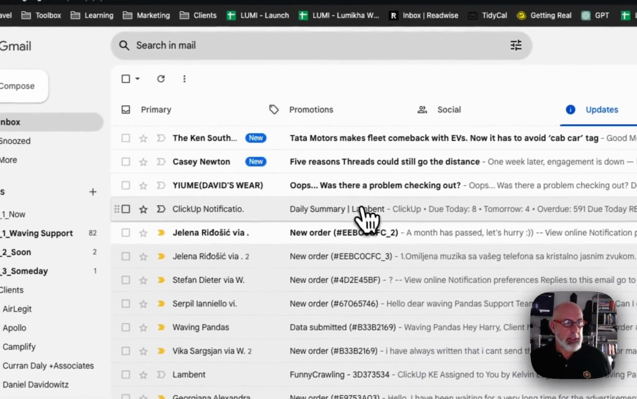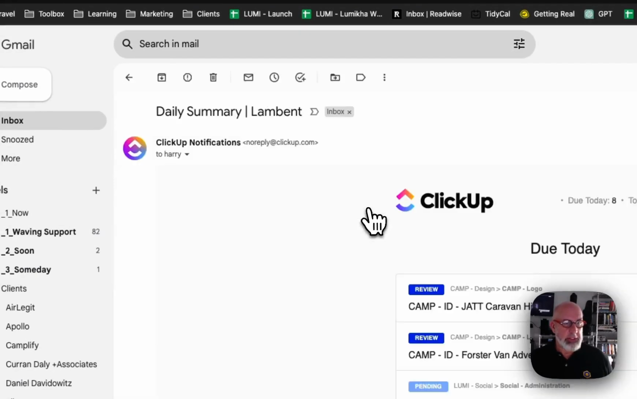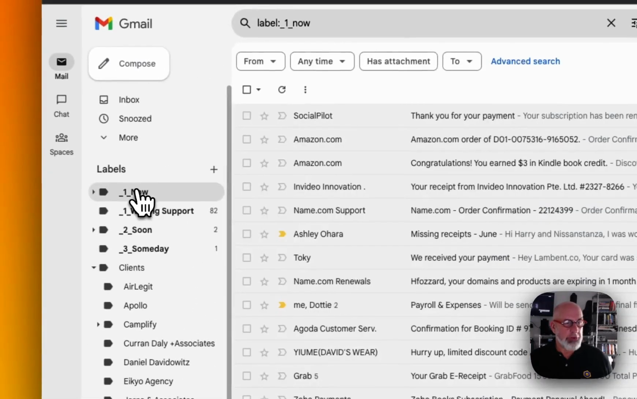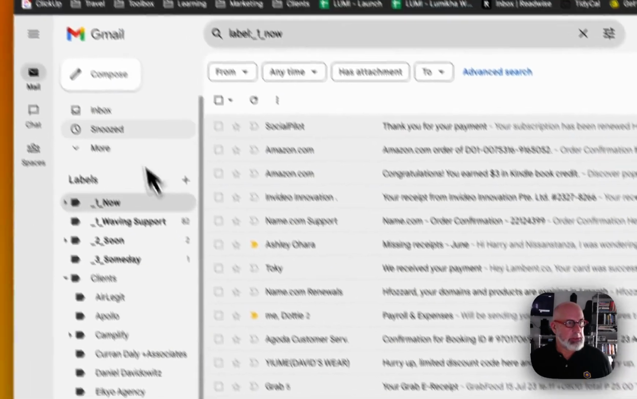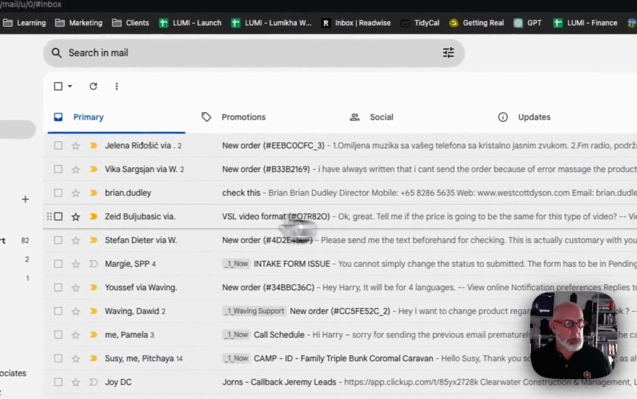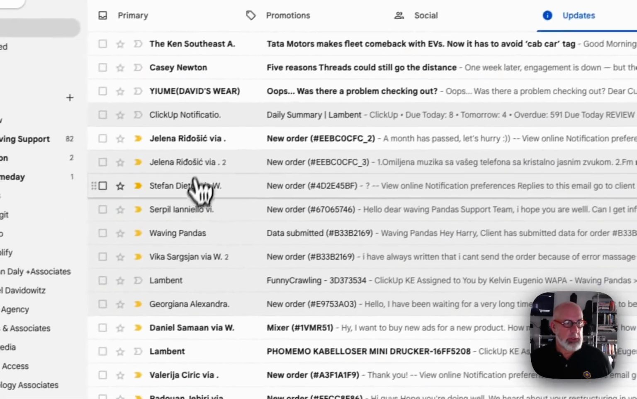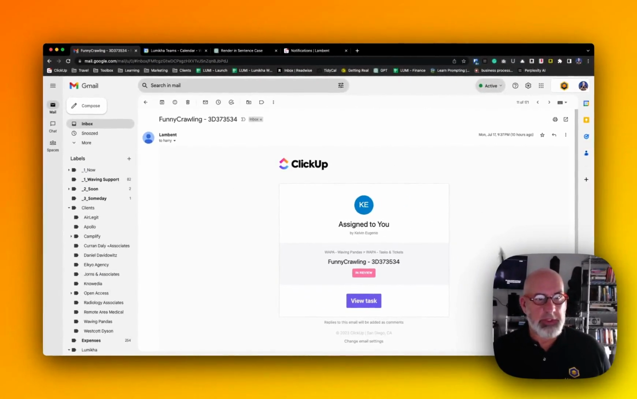Let's see. So there can be a daily summary that you can send to yourself, which has a list of tasks that are open, but you can also be notified of individual tasks. Let's see if I can find one that's still open. Here we go. So you'll see a task assigned to me here where Kelvin has reassigned a task to me